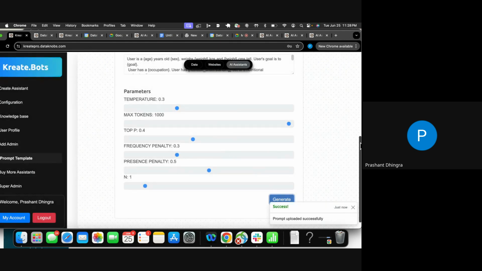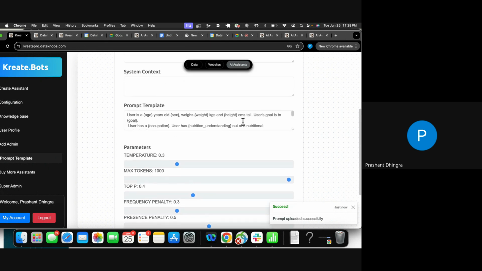Okay, so there is a success message. The prompt has been generated, but test the prompt. I require these fields. So I'm using this interface. Think of this as an admin interface which you are using for building a